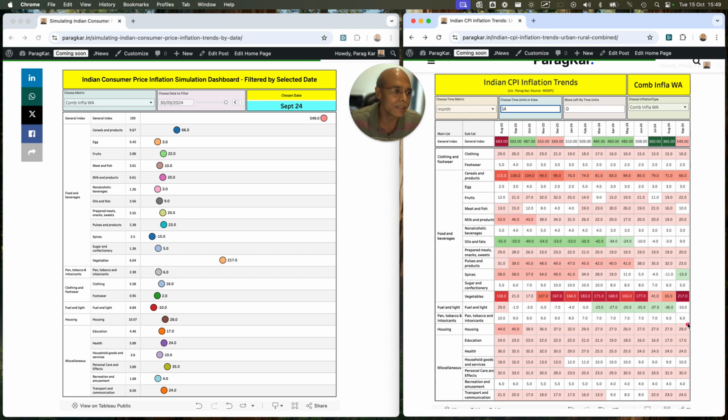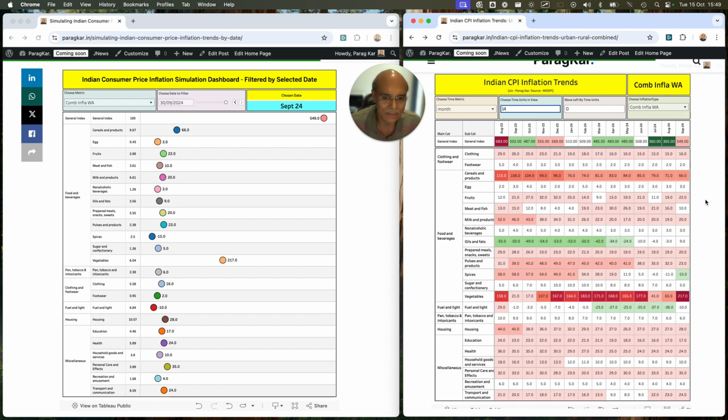Now you can see how vegetables have been contributing towards the overall inflation for such a long period of time. Whenever the vegetable inflation has been high, you can see that our inflation has invariably been high. So the character of our inflation has become very simple: vegetable inflation. Simple as that. Our inflation story is very simple.